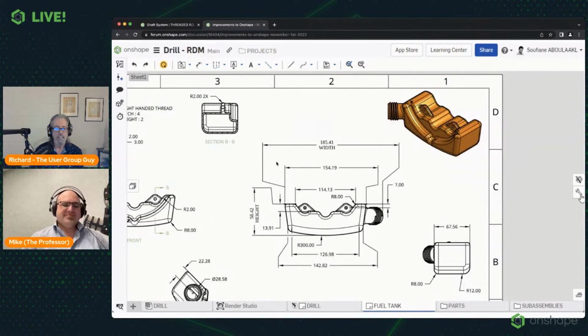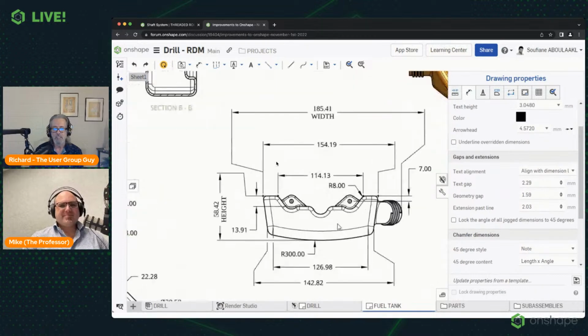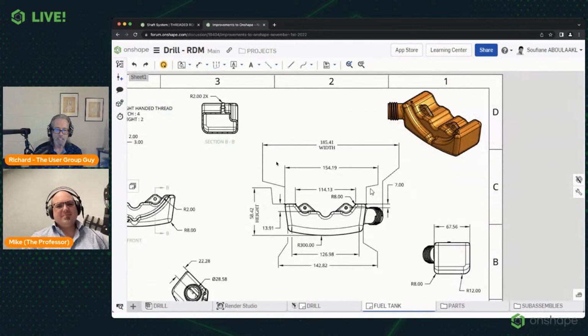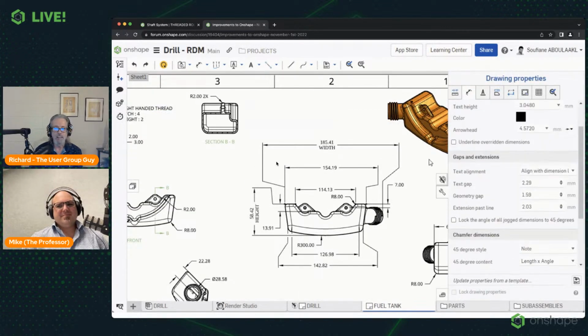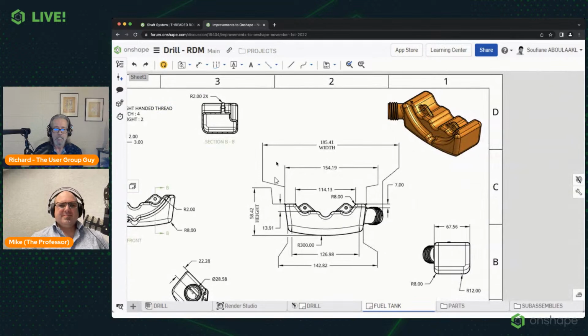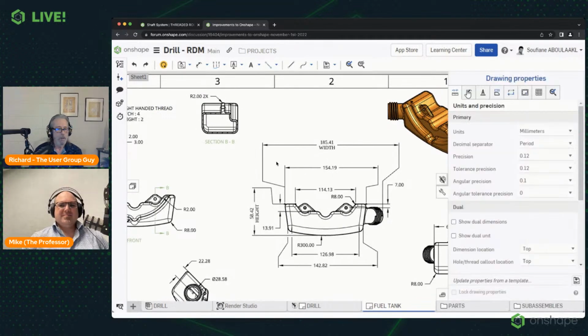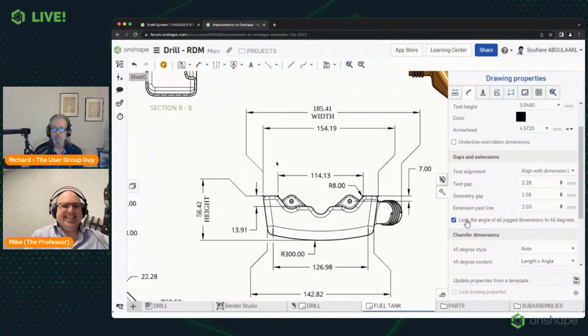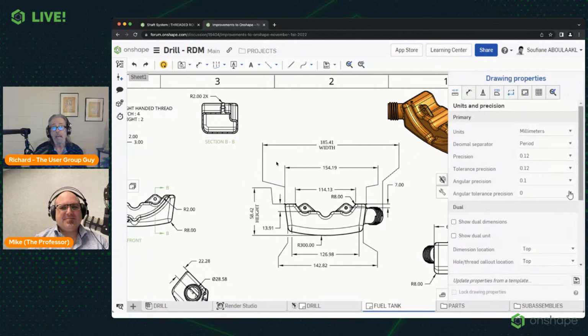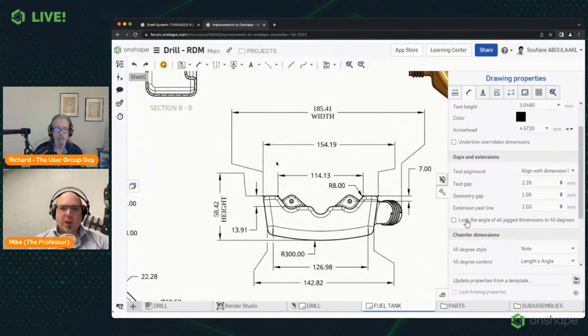Don't get me wrong, 3D is great, and the ability to add that kind of information to 3D models is great. But it still hasn't caught on 100%. People are still making engineering drawings, and as far as I'm concerned, I love that because I think our listeners probably know I love to do drawings. And these are the kind of changes that I appreciate, because for people that actually love to do engineering drawings, mechanical drawings,